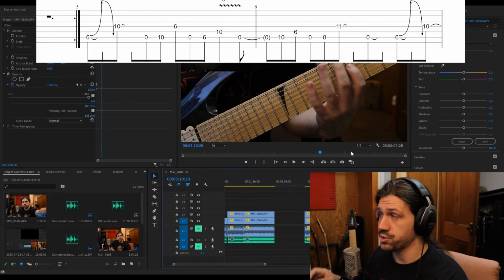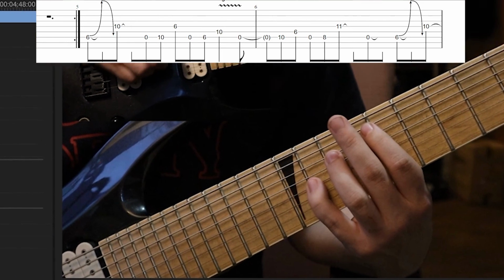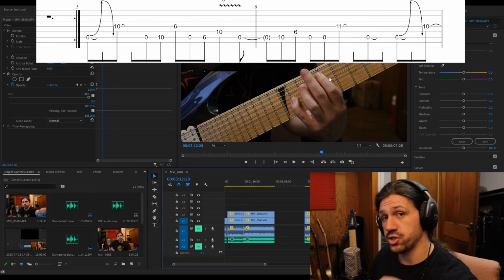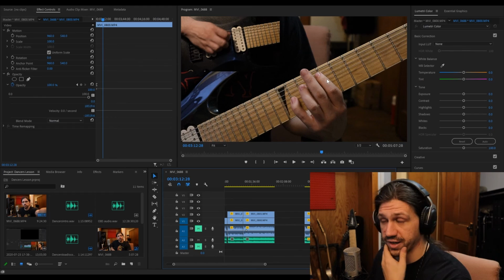A little bit of a hang on the open string there. Then it goes 10th fret E to 6th fret A. And then it's open E to 8th fret E to 11th fret D. So as you can see there, I didn't have to change too much of the shape of my hand. I just moved it down 2 frets. It actually gets a smaller gap because 6 to 8 is a bigger spacing than 10 to 11, because math is simple. So 8 to 11 here,